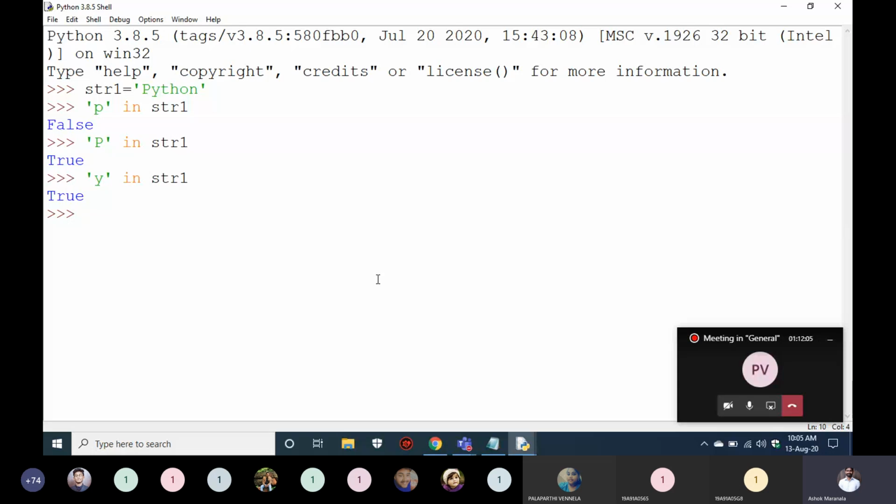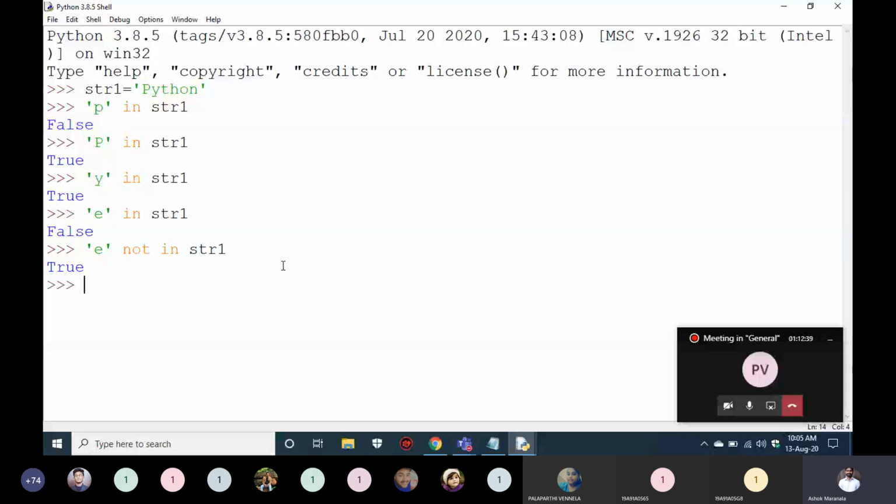And we can see that if there is no such character in str1, it will give false. Now I'll change this into not in str1. What would be the answer now? Now you'll get true or false. E not in str1. True, sir. Yes, we'll get true, because E is not in str1. It is not there at all. Yes, we'll get true.